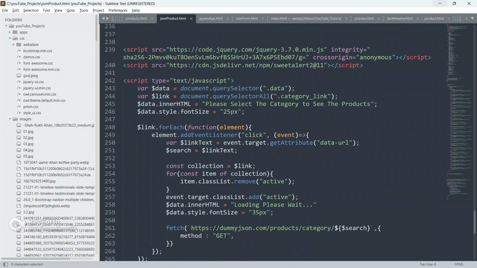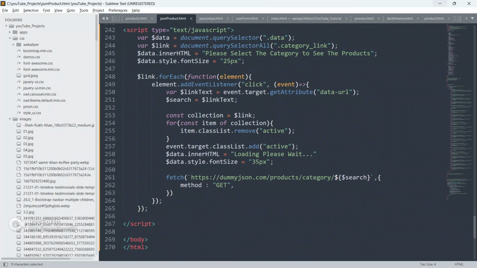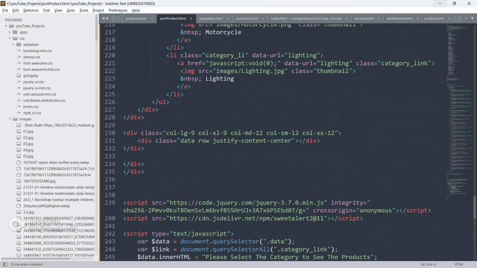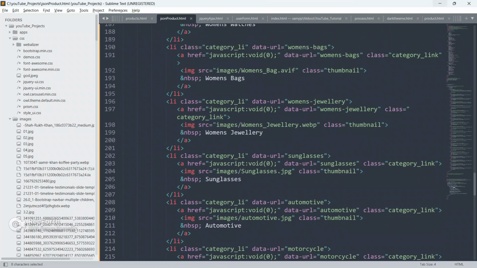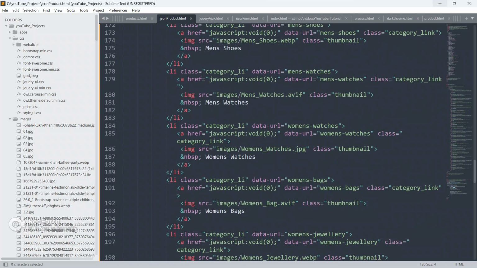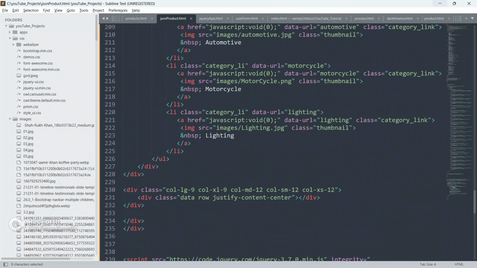Okay, that's why, guys, I have given this data URL. Through this data URL, I am gonna get the category data URL, and we are gonna get this link text. So the text will be lighting, automotive, motorcycle, women's jewelry, women's bag. This is the category name, guys.